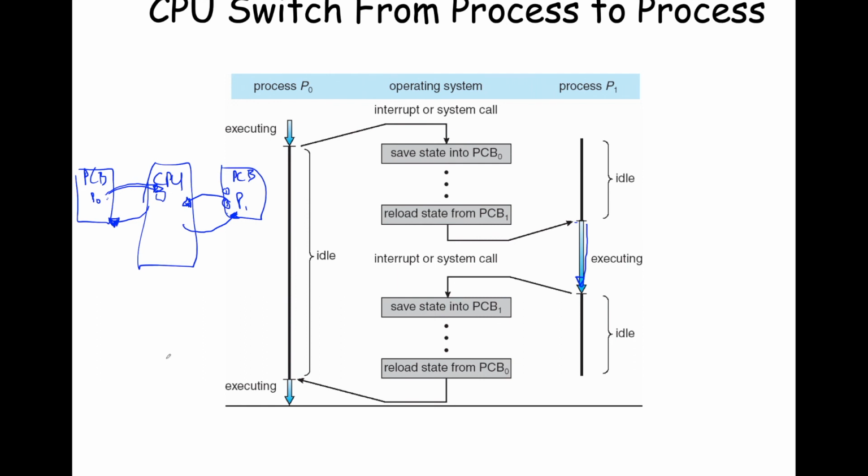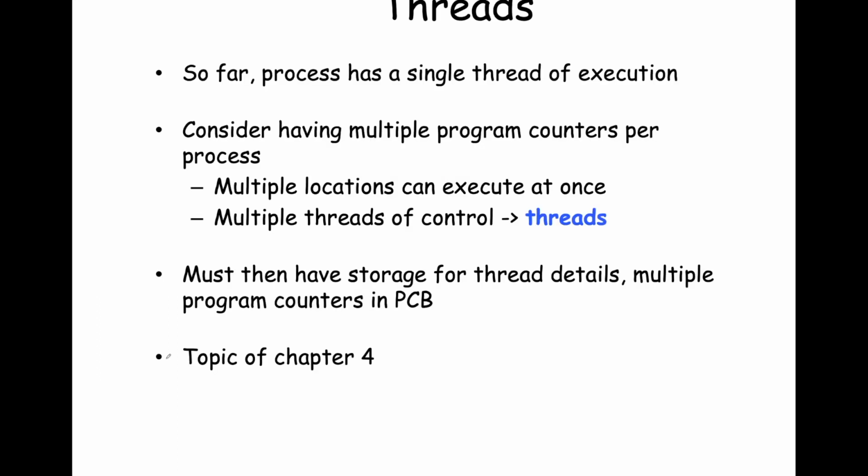It's the same thing that happens. So we've only talked about a single instruction stream, but processes can have more than one instruction stream, and we said an instruction stream corresponds to locations from which can be found the next instruction to execute. And it's the program counter that defines this. So that means if you want more than one instruction stream, you're going to have more than one program counter, because that corresponds to having more than one location that can execute at the same time.